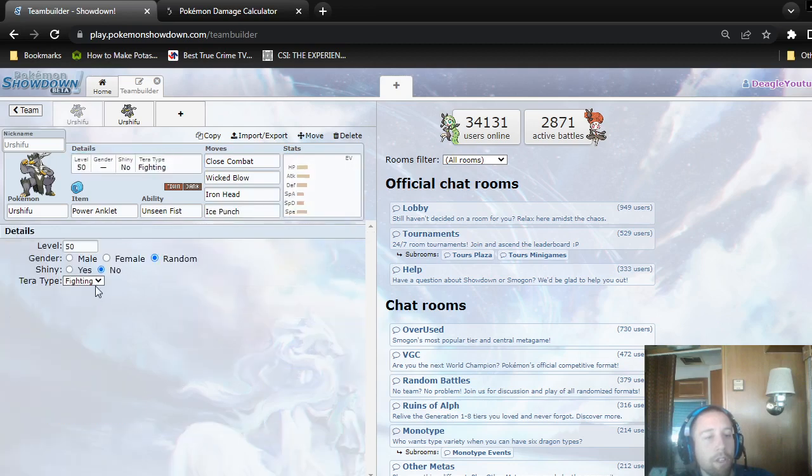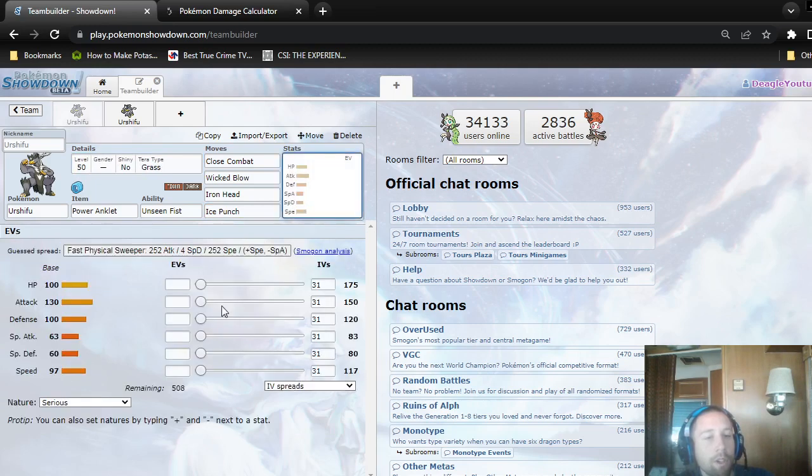If you're not using Sleep Talk, you might want to use Terra Grass if you're using Trick Room, because they could use Amoonguss. If you're using a Power Anklet one, of course you would use Brave, Min Speed. So 45 speed, that actually outspeeds Ursaluna in Trick Room, so it's not bad. And then,